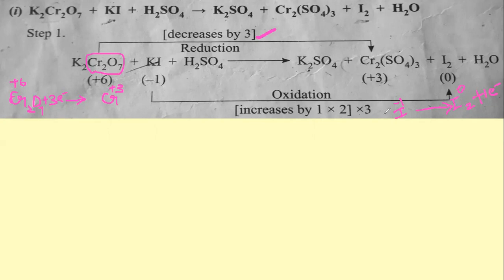To balance it, I am going to multiply it with 2. So this gets balanced, and this is said to be an oxidation reaction. Now here you see only 1 electron, a loss of 1 electron. In the product side we didn't multiply anything, here there is only 1 iodine. So simply 1, so the iodine will have only 1 electron.